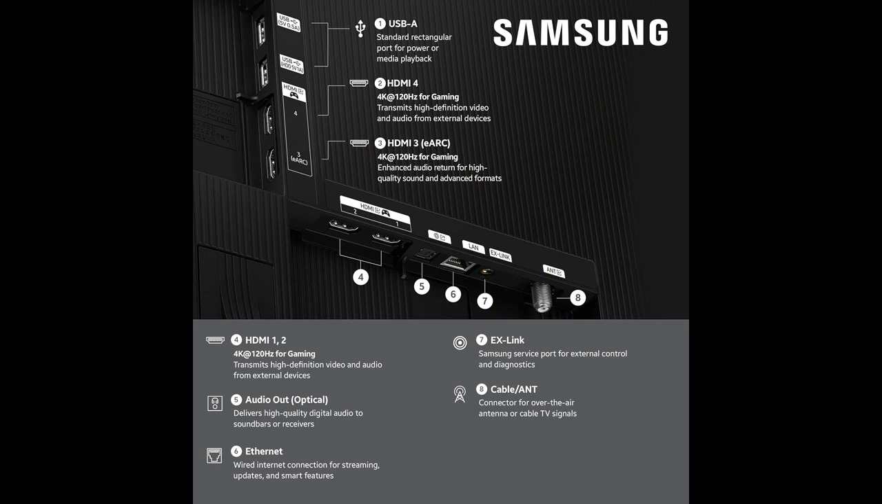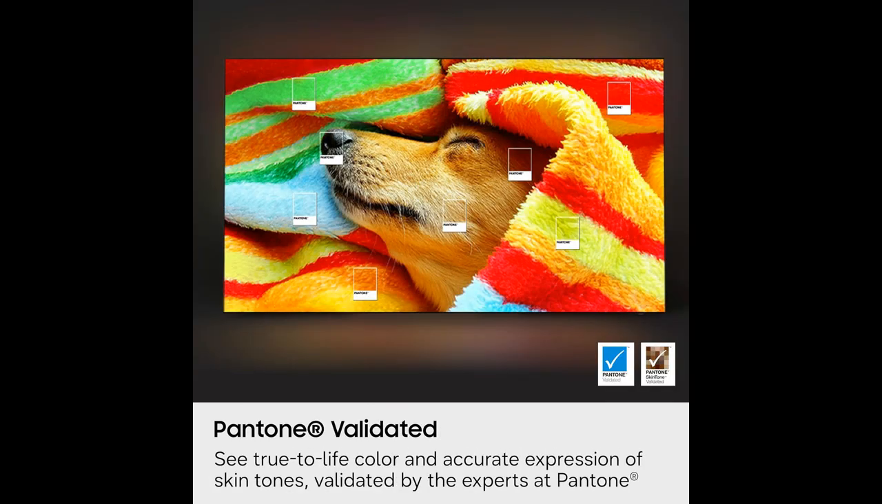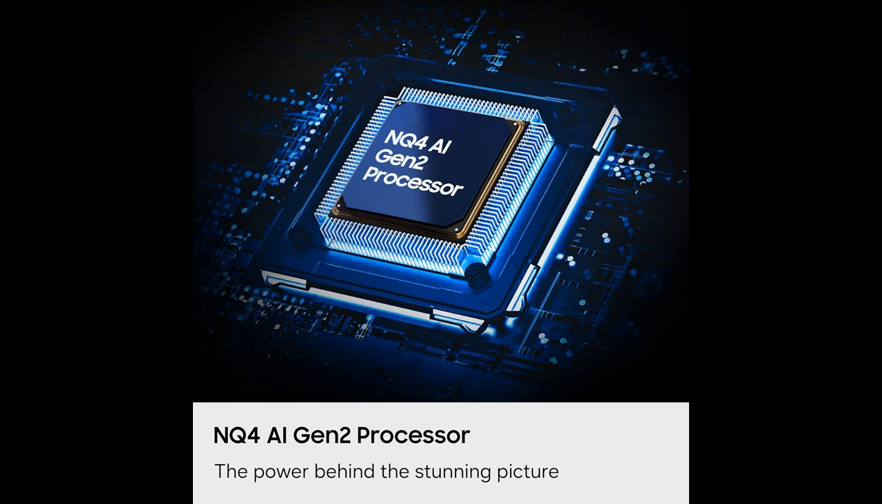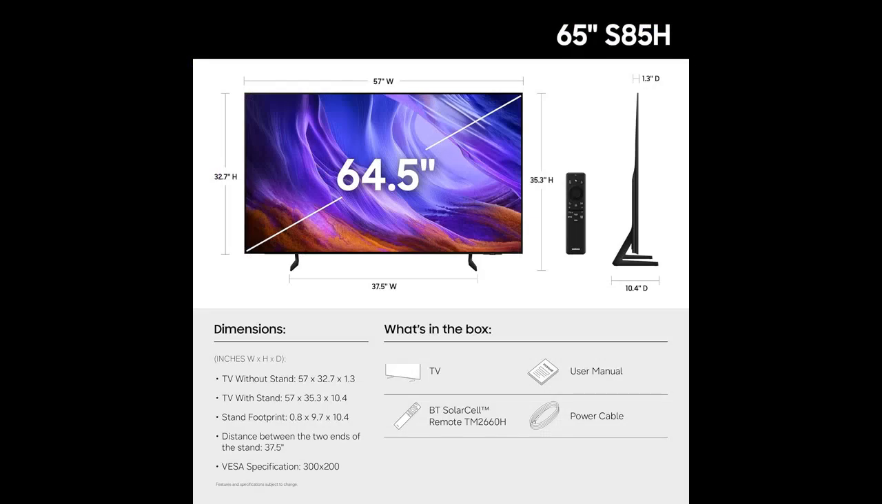The TV's brightness output reaches 800 nits, making it suitable for use in well-lit rooms. However, this also means that images may appear washed out during intense sunlight exposure. In terms of sound quality, the built-in speakers are adequate but lack the depth and nuance required for a truly